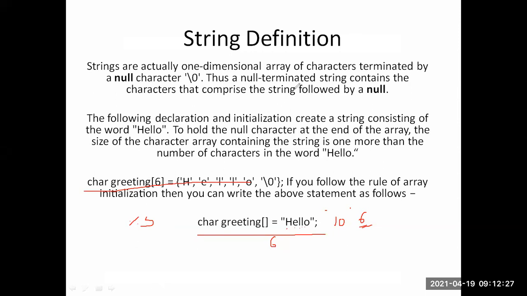So what is the syntax of the string? Just see here. We represent a string by char in C language.